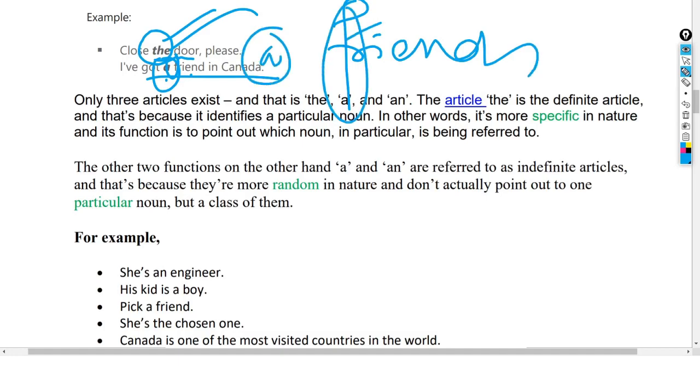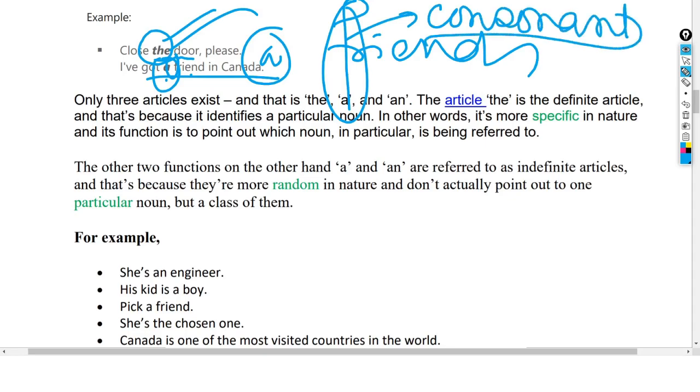So this friend, F, starts with a consonant. When a noun starts with a consonant, then before that, a will be used. And when there is a vowel, say for example, apple, there is an apple in the basket, therefore there will be an, because